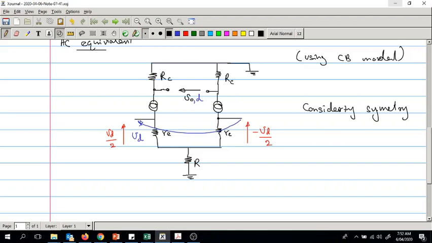You get double M, right? Symmetry. You can actually divide Vd into Vd by 2 and minus Vd by 2 across the two emitter resistors. Now we have a circuit that actually can be converted into